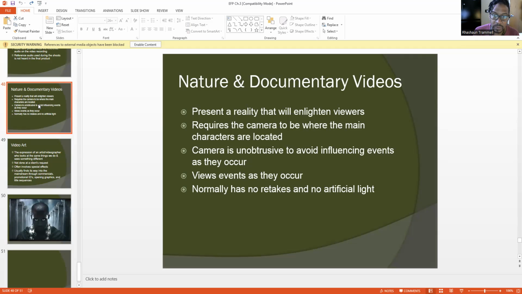Wherever that character is located, the camera has to be there too, but in an unobtrusive way. So be there, record stuff, see things, but don't be in the way, because you don't want to mess with what would actually happen if you weren't there. And yes, it does view events as they occur.